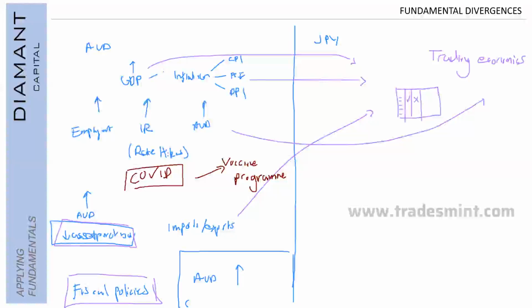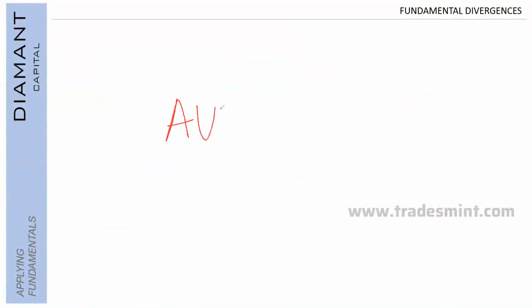So what happens once you get all of this data and information? If we understand right here that JPY, for all the reasons listed, is going to be decreasing in price, therefore, what can we expect? I'm just going to delete all of this. AUD JPY is going to appreciate. Now, let's actually think about other pairs as well.